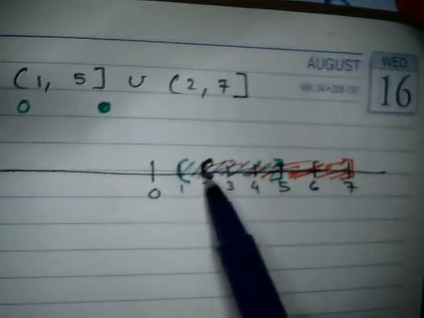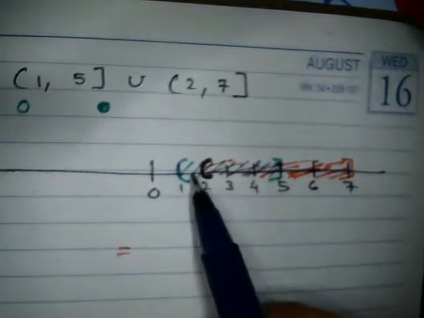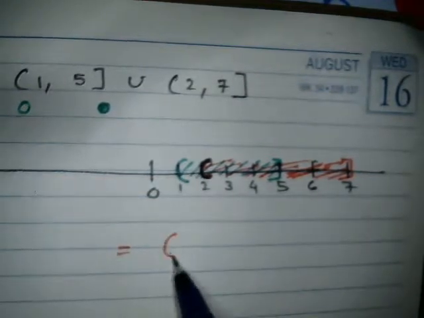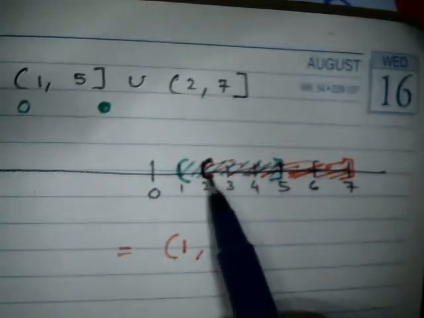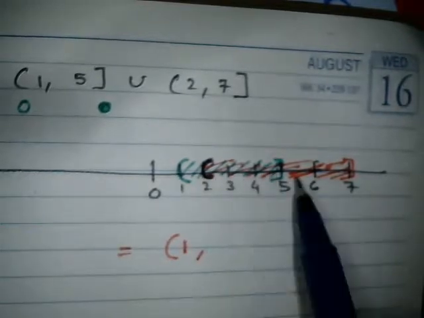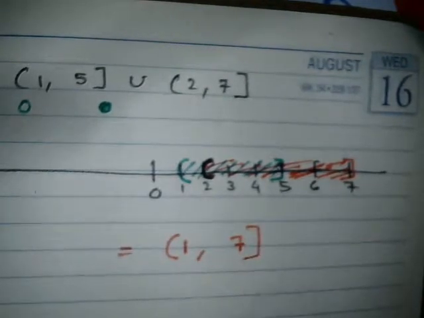So what is this going to contain? This uncommon part means from 1 it will start, correct, then this common part again will be coming and this again continues, so this is going to be till 7. On 7 it is going to be closed. So this is going to be the union for this set.